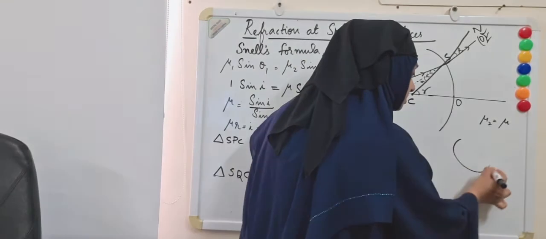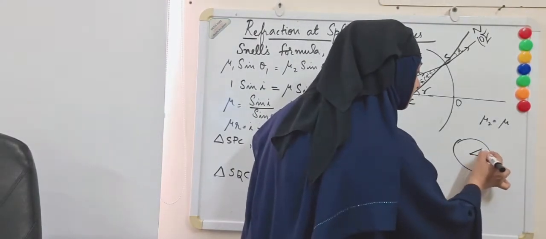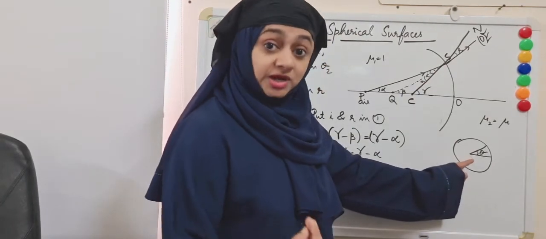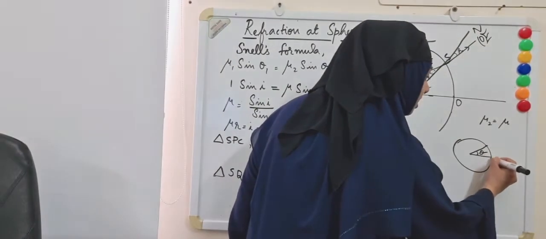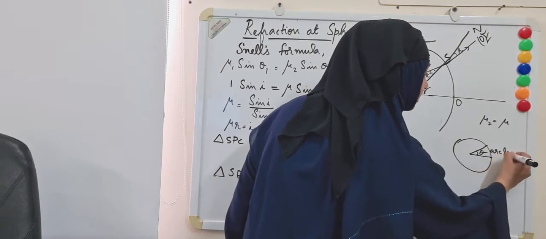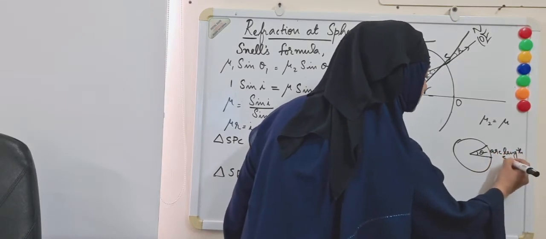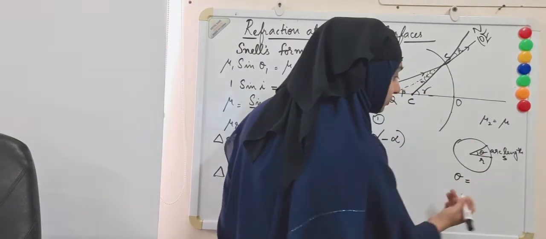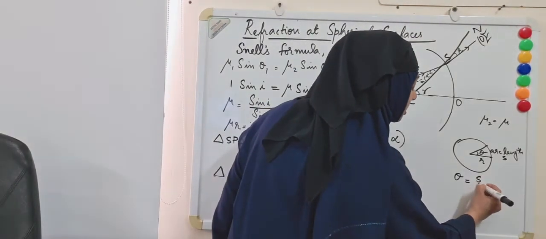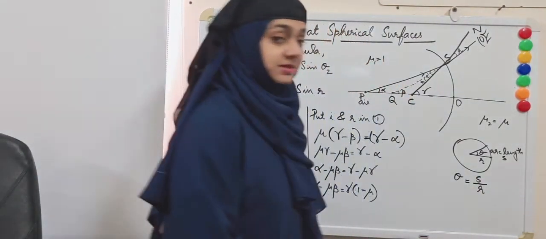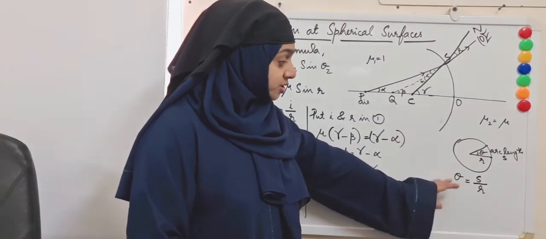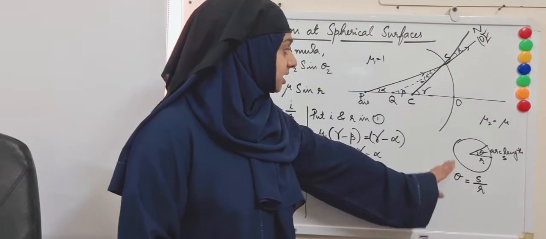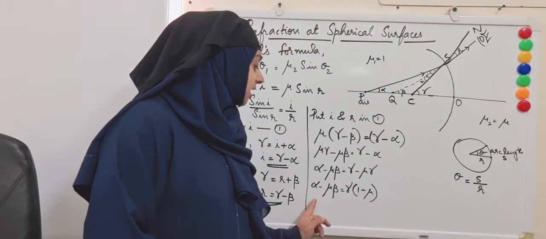When you have a circle and you have an angle theta, if angle theta is represented in radians, if this is the arc length S, and this is the radius r, theta, the angle in radians, is defined as arc length divided by radius. Remember that? So I am going to use this concept, the definition of radians, to express the angles alpha, beta